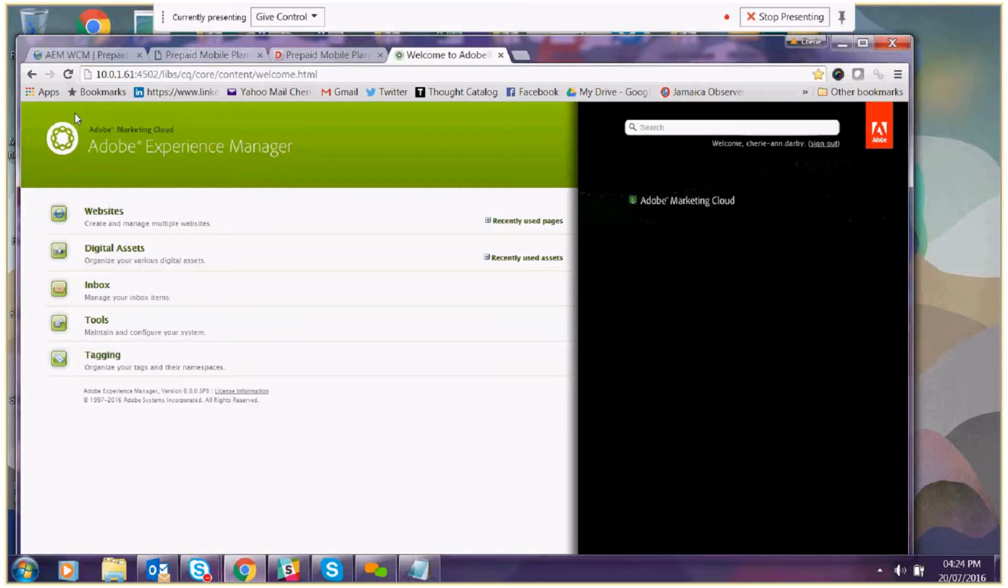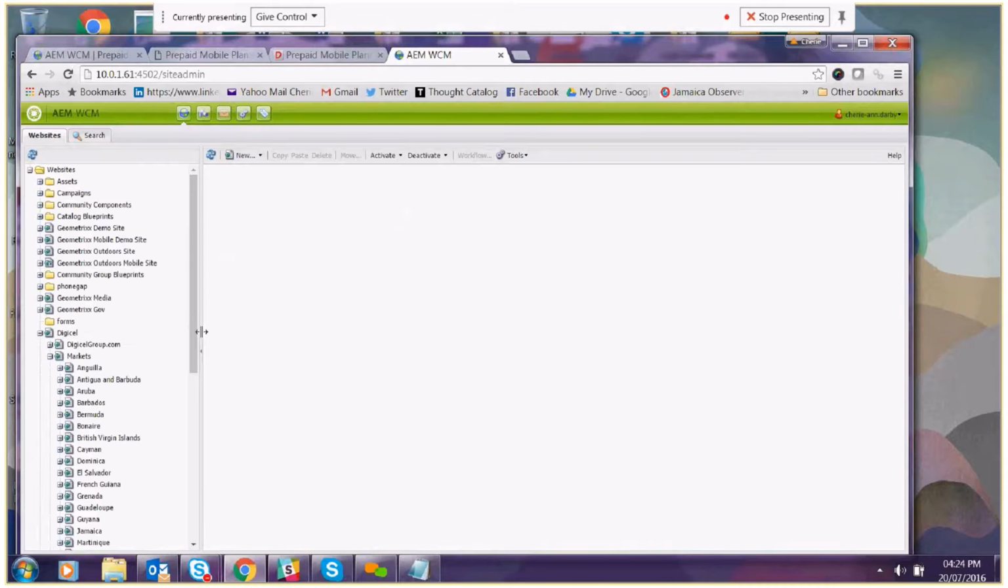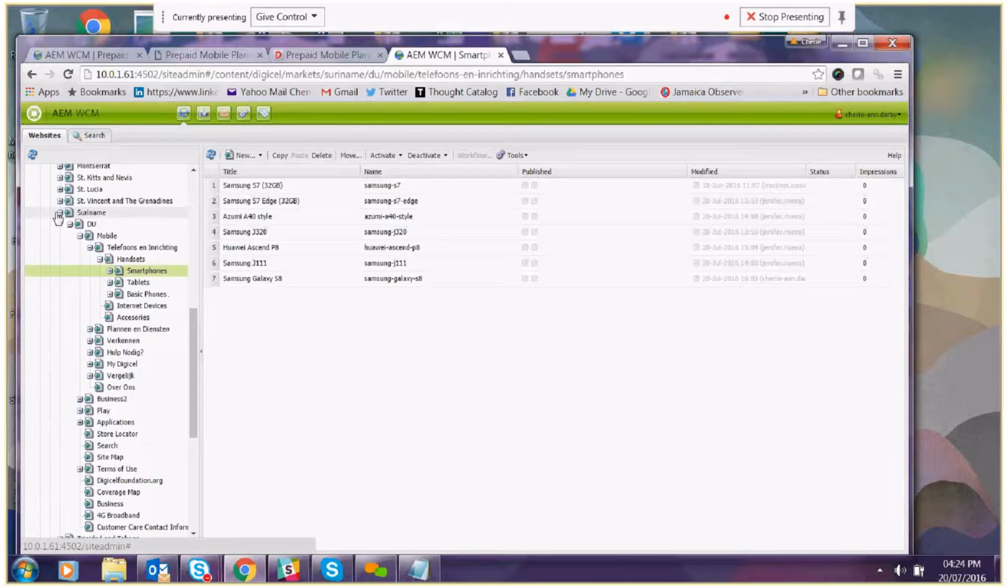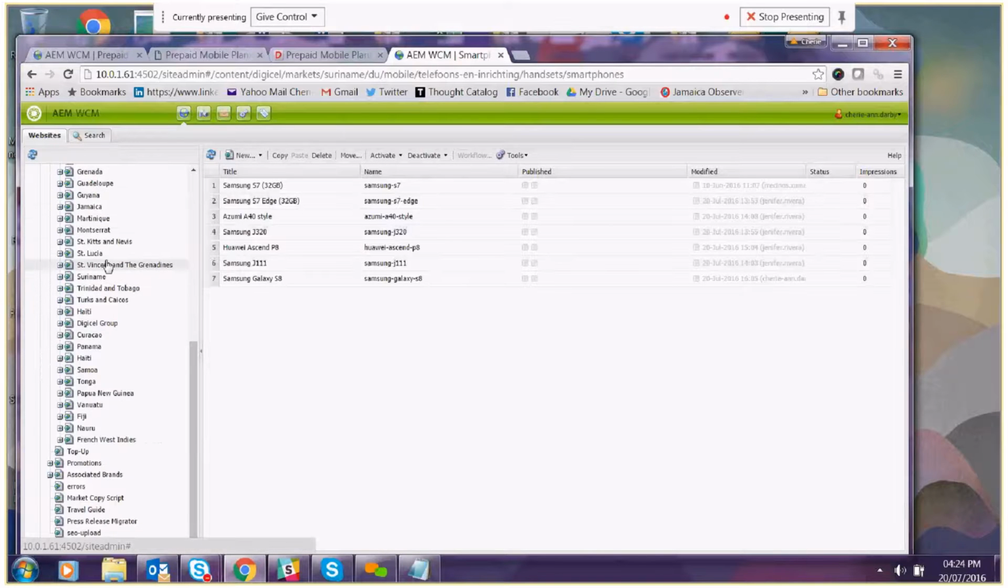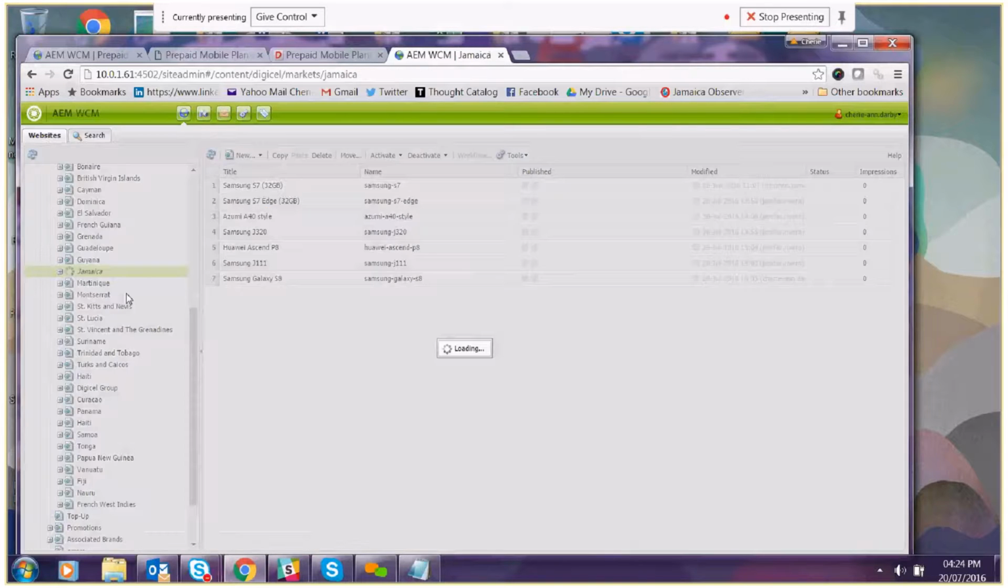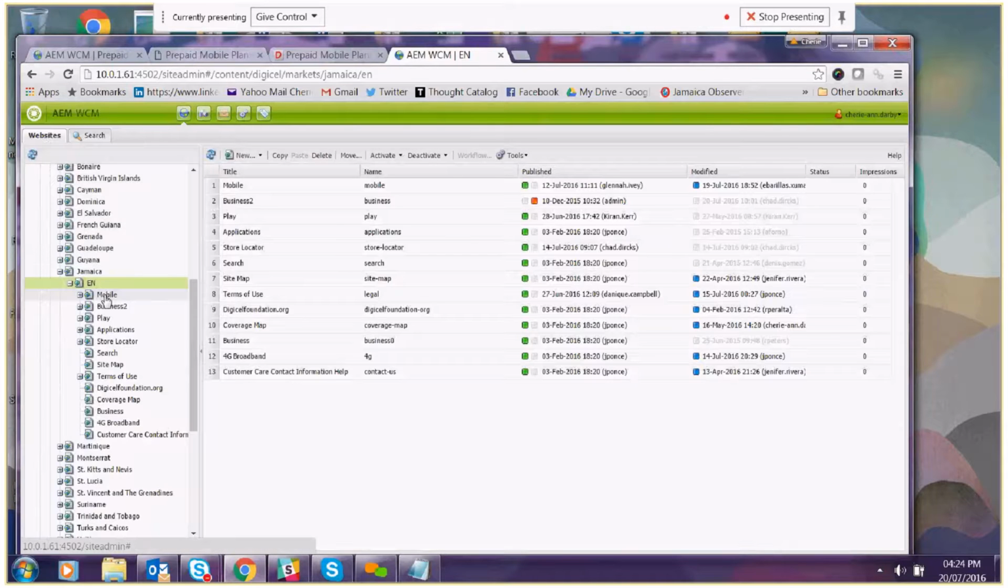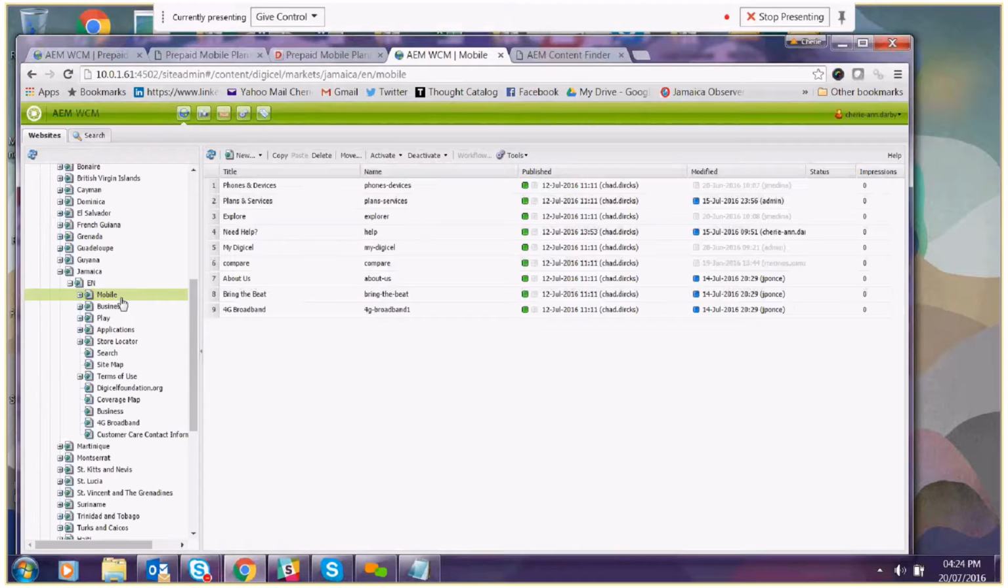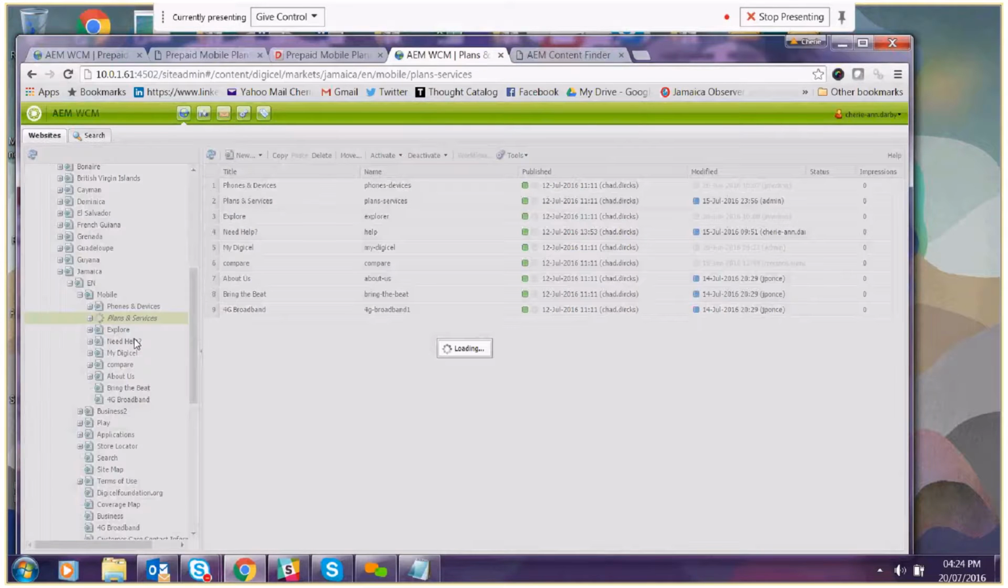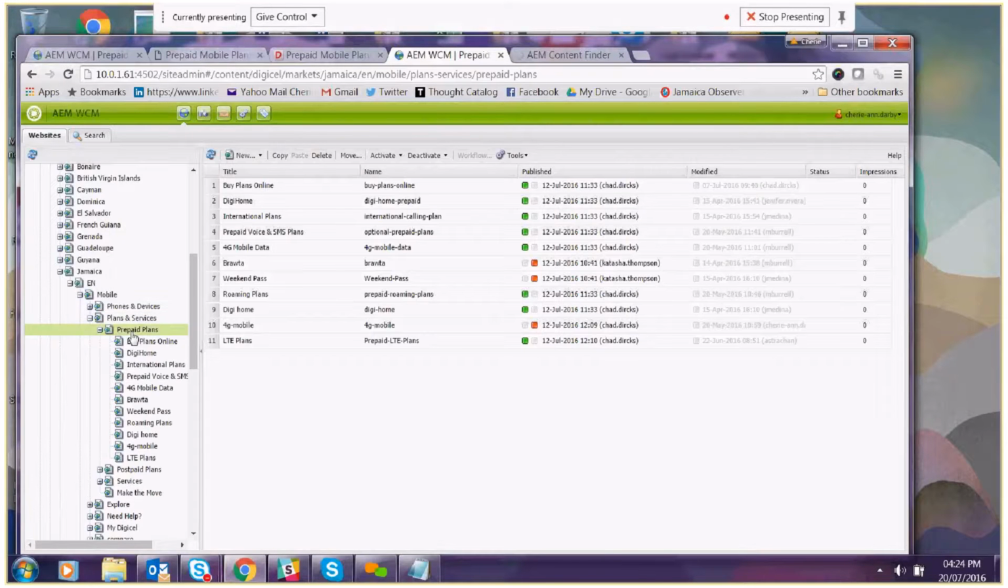So, alright, I'm going to go back to maker here just so you can see what the components look like since we're not seeing them in the test environment. Okay, so basically,